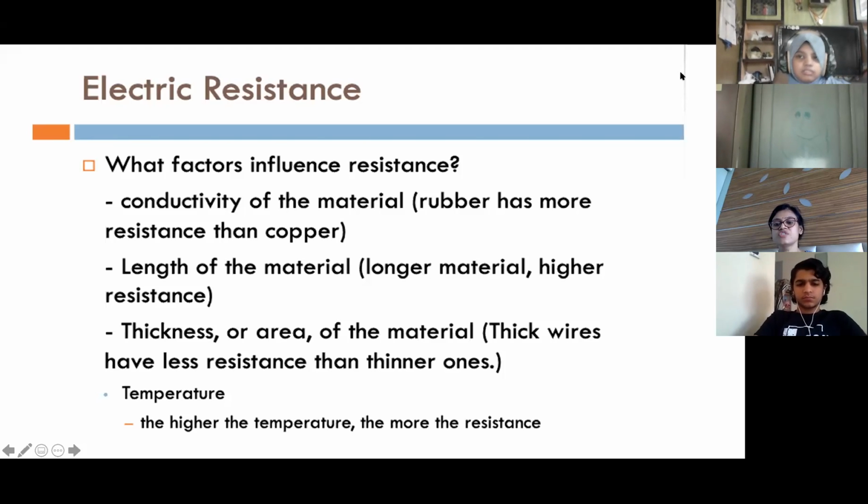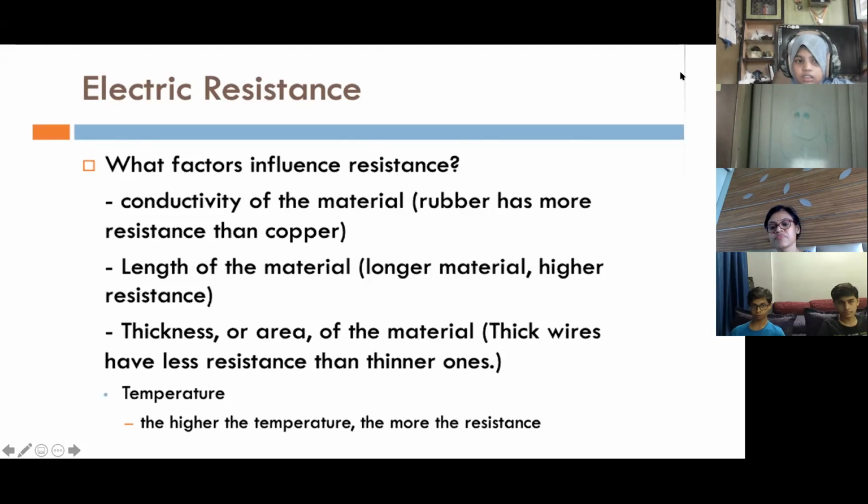We have not attached battery, that is fine, but still electrons are moving, and we said that moving electrons lead to current, right? Mozam, can you try? Why there is no current in the conductor when the electrons are moving in the conductor? When there is no battery also, electrons are in motion, right? Ma'am, if there is no battery, electrons are in motion, but they don't move in one single direction. They move randomly, and when the battery is connected, they move from the negative terminal to the positive terminal.